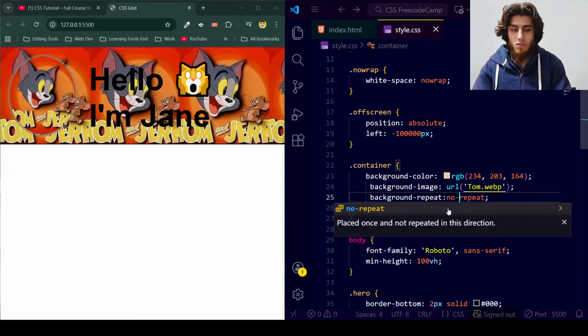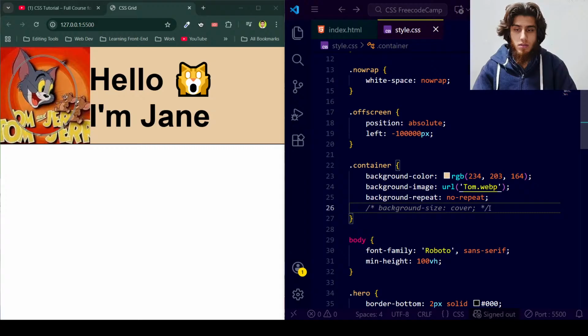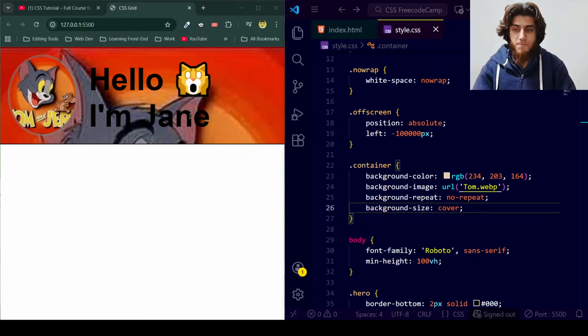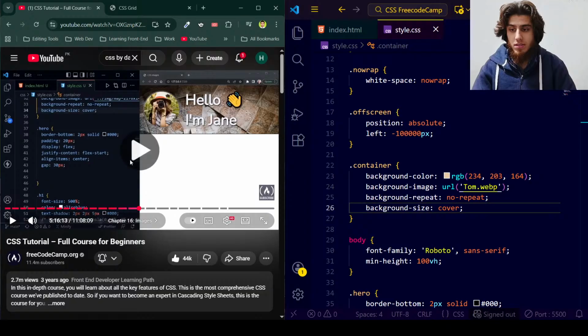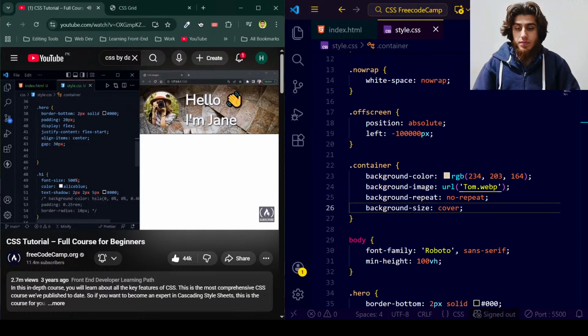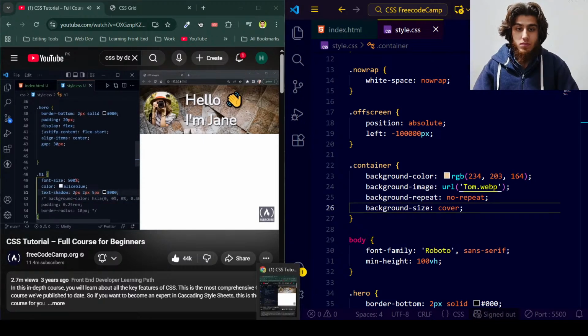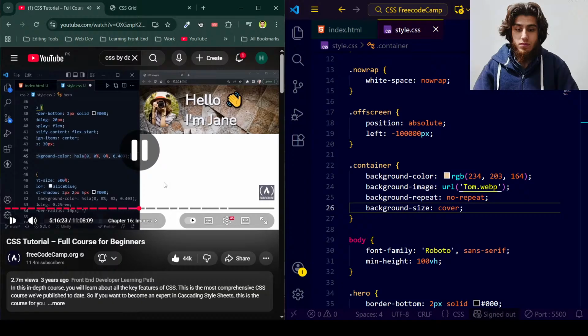No repeat, and we have image is small. Instead of in the H1 where we had this background color here, let me go ahead and just copy this. And we might want to use a different color, but we'll try out the black at first. We can put in